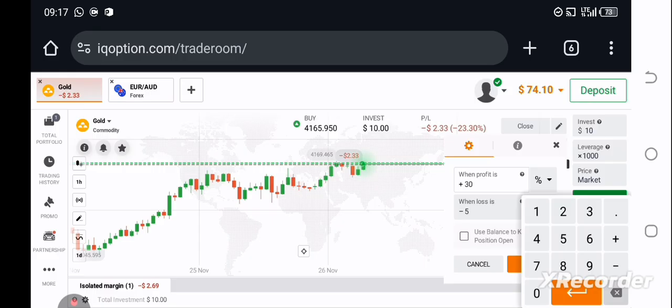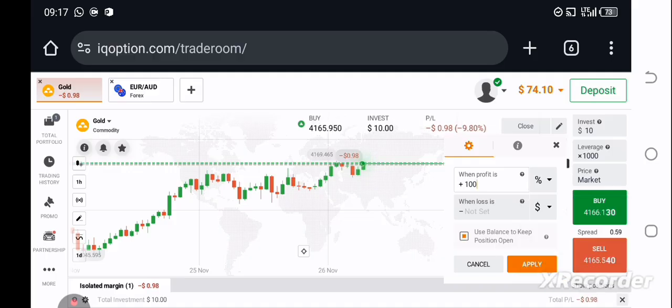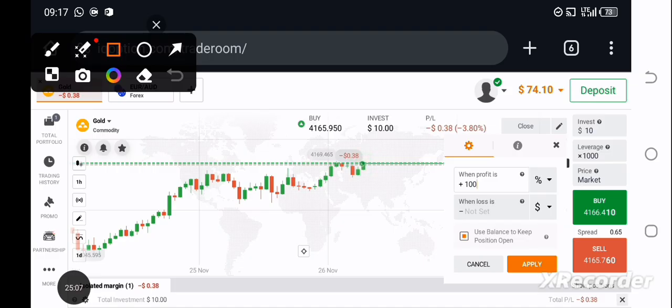When the percentage profit is 100%, that means if we make an extra $10, the trade will close automatically. Okay, and then use balance to keep position open. You tick it so that you can use this trade balance. The balance is only applicable to your trading capital, which is this $10, not this $74 here. Okay,